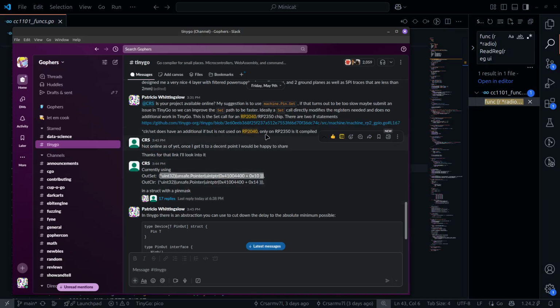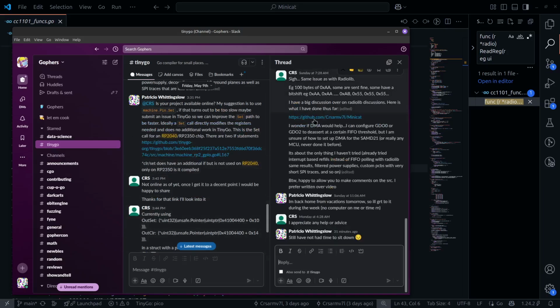Just to be clear, I am not familiar with other DMA interfaces on other CPUs. I know of the RP2040 and RP2350, so that's where I'm in my element. Anyway, let's read the